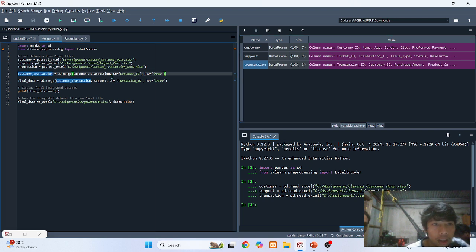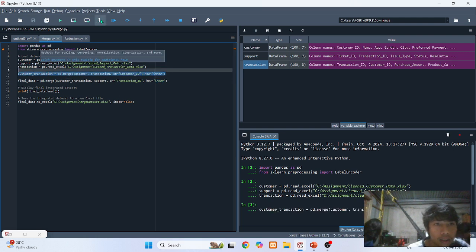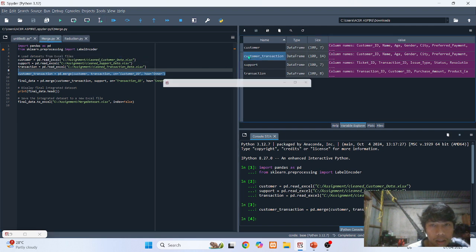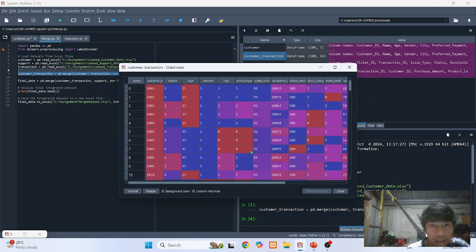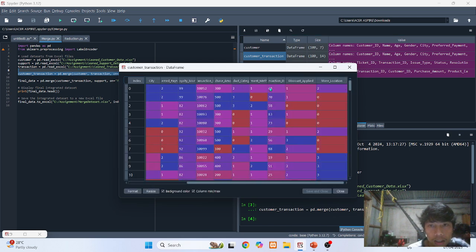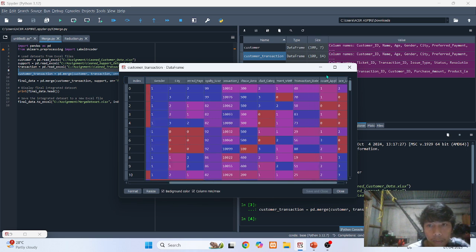Then we merge them by customer ID using inner. After this, the customer and transaction should be merged. The transaction starts with the transaction ID, as you can see on the screen.